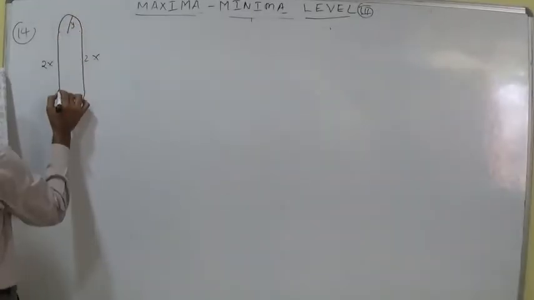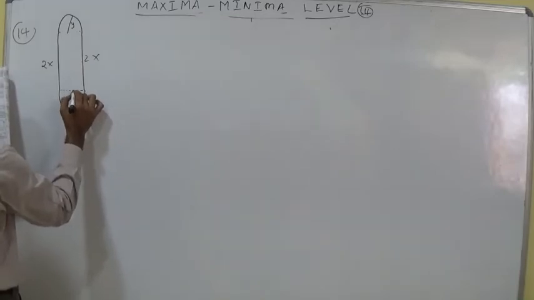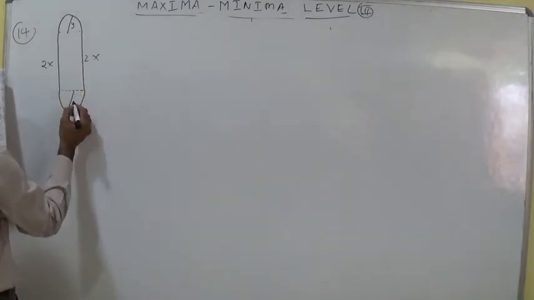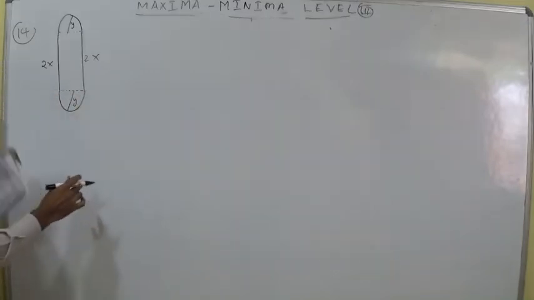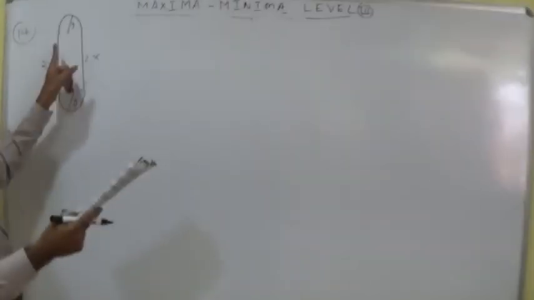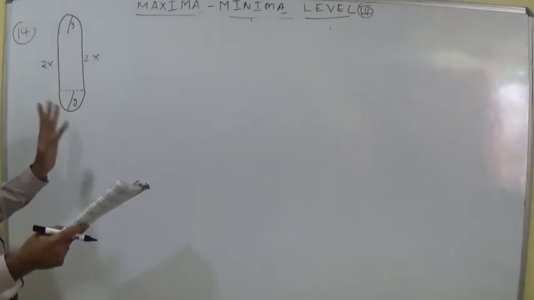Same as in the previous model, students. This is y. This is not closed, students. If closed, you cannot play football. So only y is there. If you need the perimeter of this one, it is pi y, and this is pi y, so 2 pi y. This is 2x plus 2x. That's all we need.